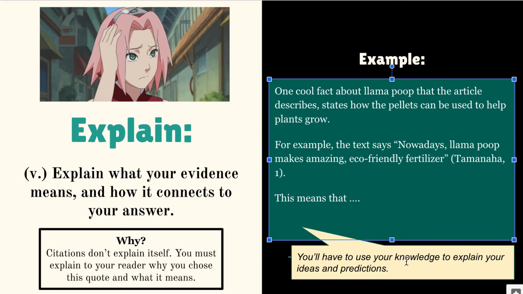And you have to use your own knowledge to explain your ideas and your predictions. So the answer to this part is not in the text. You have to use your own knowledge. So I know that fertilizer means something that you mix into the dirt that helps plants grow. So if llama poop is used for fertilizer, it must have some special nutrients or chemicals in it that plants like. So I could say this means that llama poop